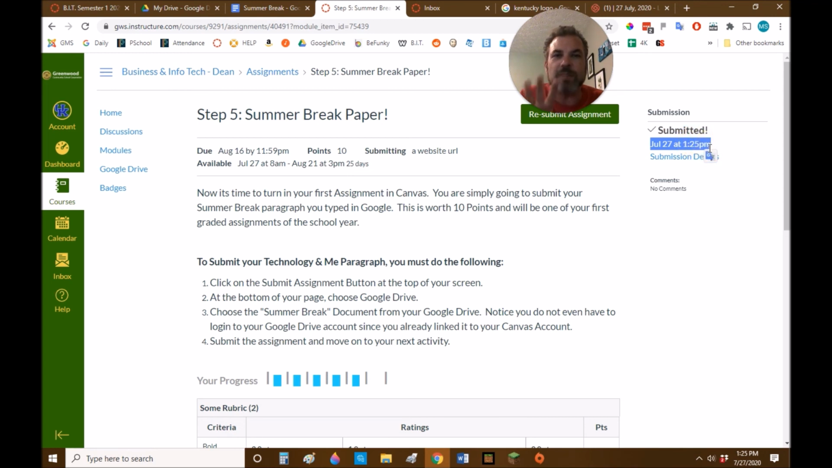And here's what's most important. I always tell my students, a good student will take the 5 seconds just to double check they turned in the right thing. And the way you do that is right here where it says submission details. It takes 5 seconds to click on this and double check that you turned in what you wanted Mr. Dean to grade. So I'm going to click on this